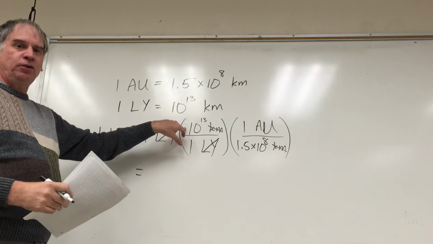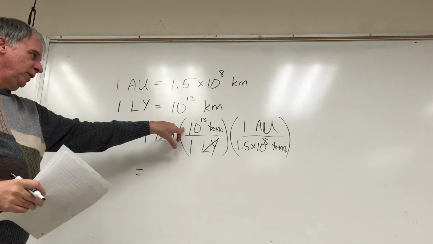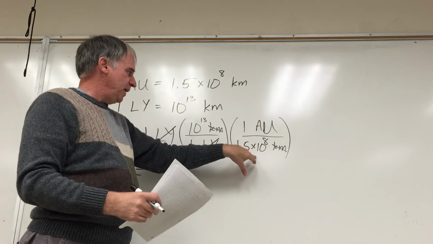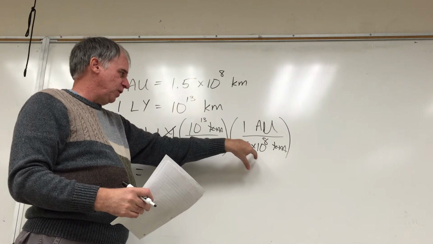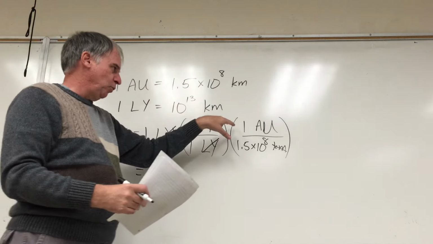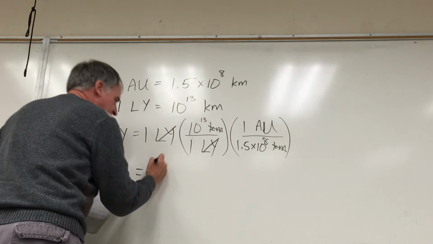1 times 10 to the 13. Gotta be careful doing that on your calculator. It'd be 1, then your EE button, then 13, divided by 1.5 times 10 to the 8. I don't bother with the times 1 or divided by 1 because that doesn't change the number. The calculator said